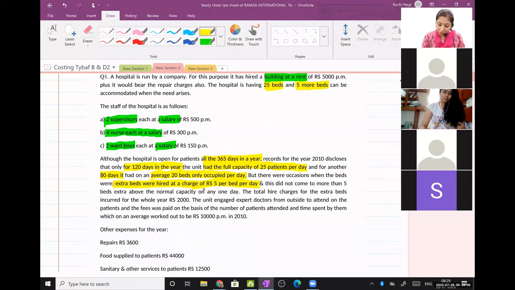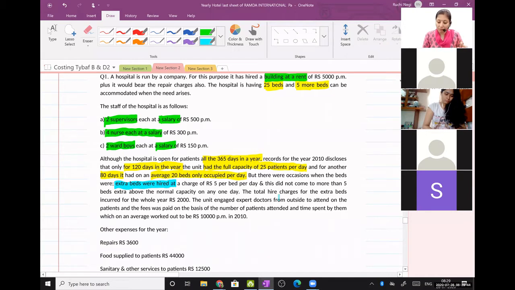Okay, fine. Very good students. Aniksha, Harshil, Madhu, Priya, Nishant, Shubham, Prachi, Ranjana. Great. Variable cost. Very good. So this is a variable cost. Everybody agrees to this. So I'm going to make it blue now. Blue indicates variable cost. So hire charges for extra beds is a variable cost.